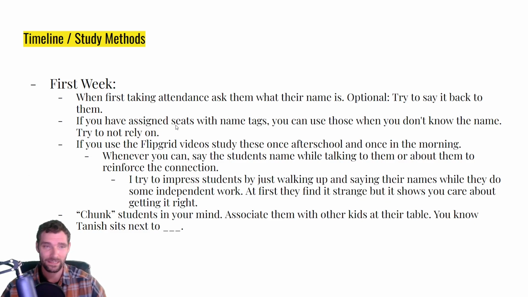I would definitely recommend that because that's part of chunking them. You need to have the student in the same place. Even if you're not doing alphabetical organization, keep the kids in the same place so that, for example, Tanish, maybe he's sitting next to Isla or someone. So you now know this student's next to that student, or this kid is talking with that kid. And so you might struggle with Isla's name, but you know Tanish, and you know that Tanish sits next to Isla, and so you're able to get through that path to figuring out the name